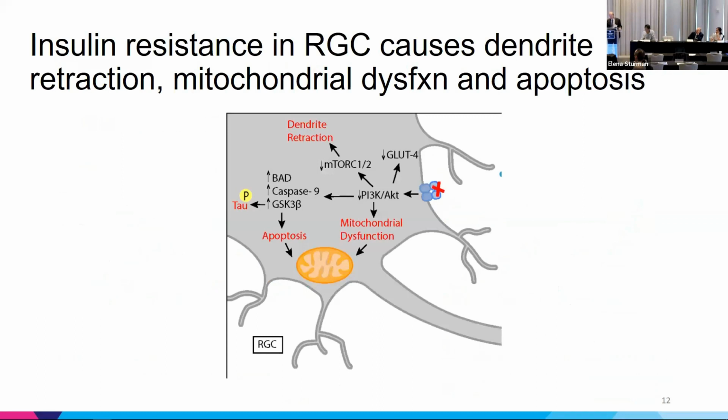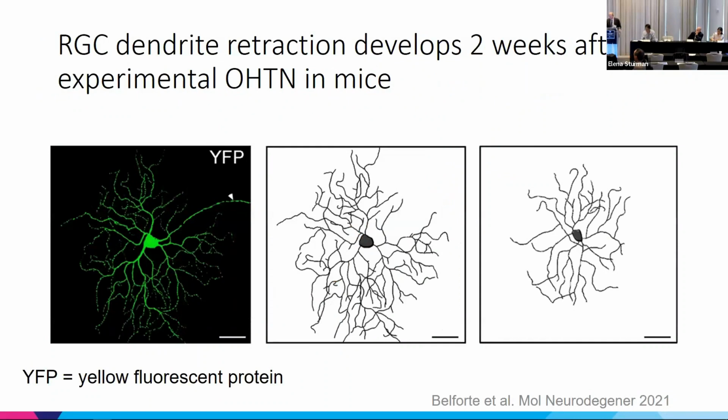So some very nice work by Adriana DiPolo showed that insulin resistance in retinal ganglion cells causes dendritic retraction, mitochondrial dysfunction, and apoptosis. And this is some of the data from her work in Molecular Neurodegeneration, showing that you get retraction of the dendritic tree that develops 2 weeks after experimental ocular hypertension in mice. So you raise the eye pressure in mice, and then you start to see dendritic retraction, and this is exacerbated